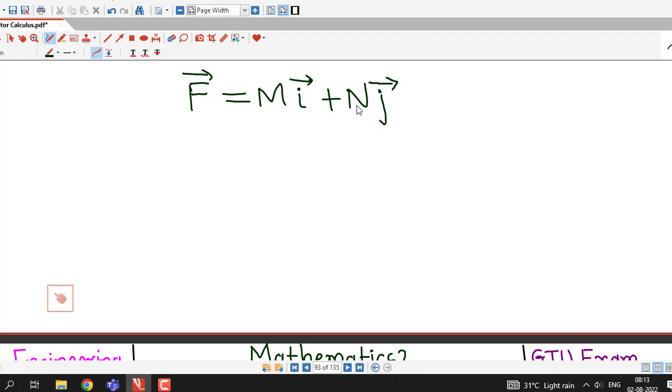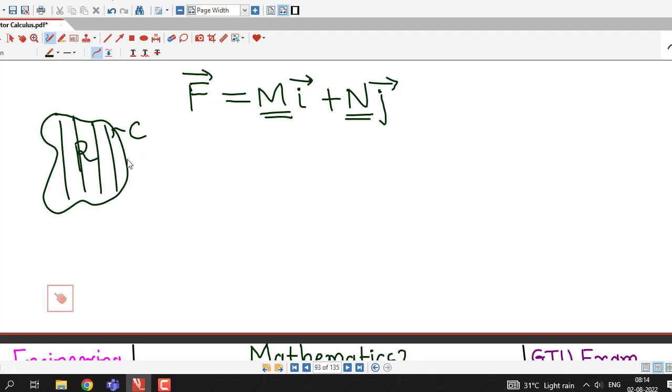Suppose f bar equal to m into i plus n into j is a vector field whose components m and n are continuous and have continuous first order partial derivatives, and this vector field is given over some closed curve C which encloses some region R in the xy plane. Then the outward flux of this vector field along curve C is the integral of m dy minus n dx, and Green's theorem